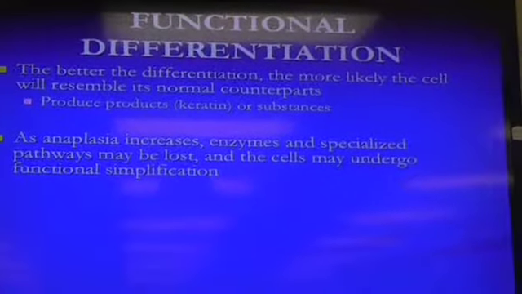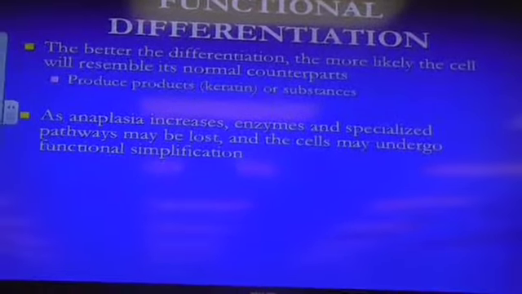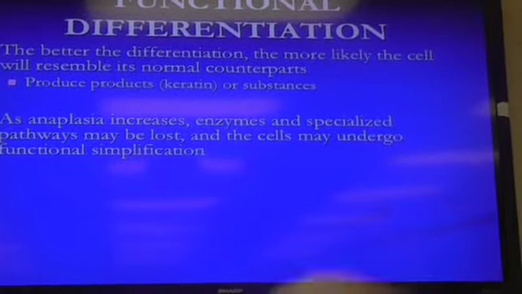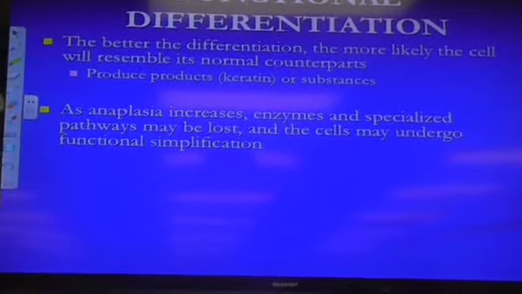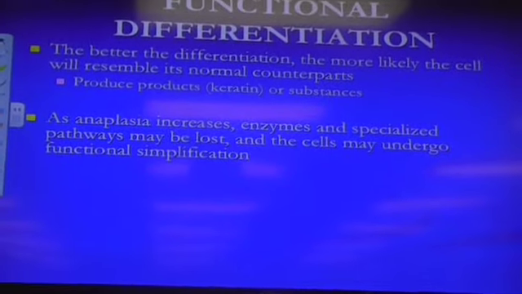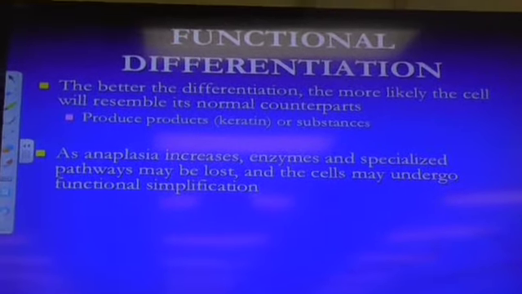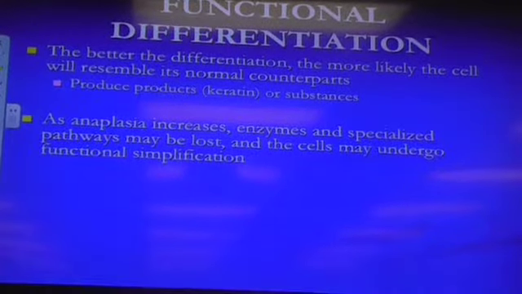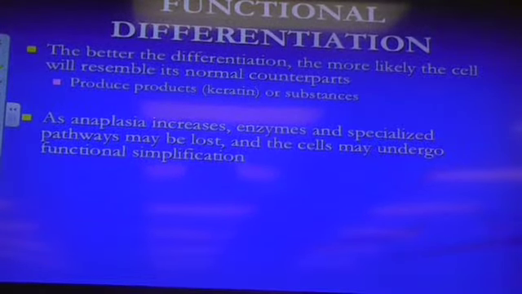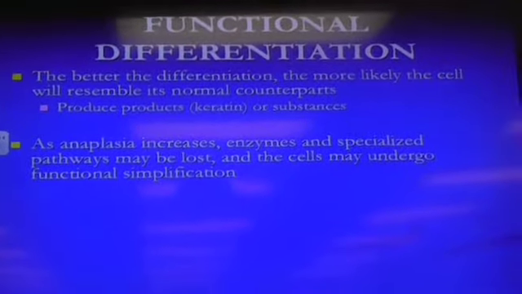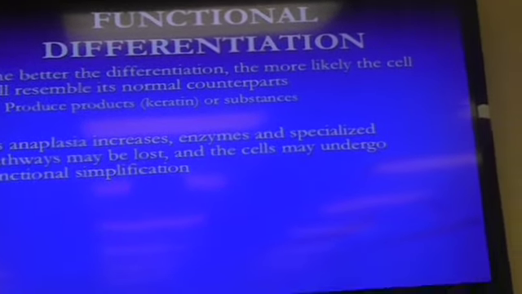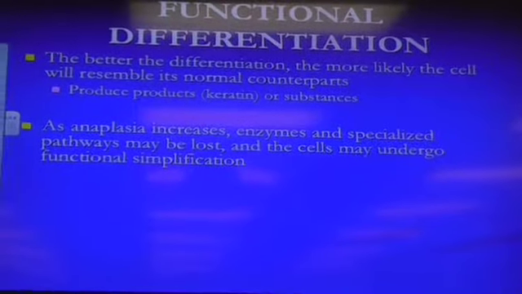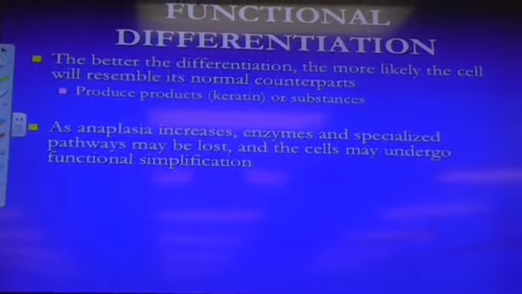Okay. So we've just been talking about anaplastic cells, poorly differentiated. Now we're going to talk about functional differentiation. We talked about morphological differentiation, and now we're going to talk about functional differentiation. Okay? So the better differentiated the cell is, the more likely it is to resemble its normal counterpart, and the more likely it is to do what it's supposed to do functionally, which is kind of what we talked about